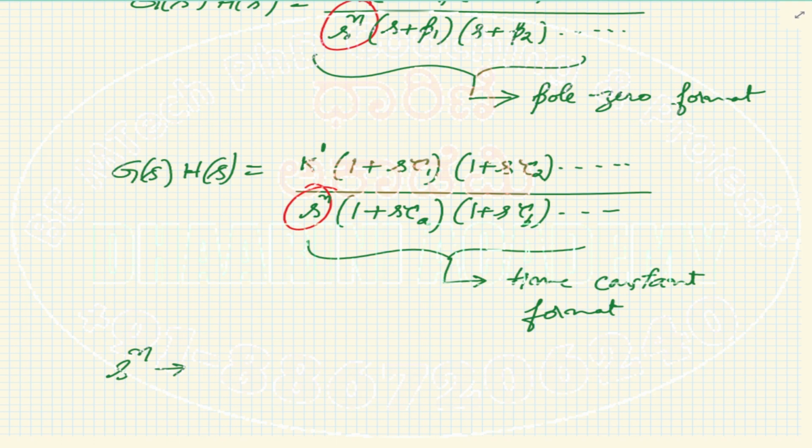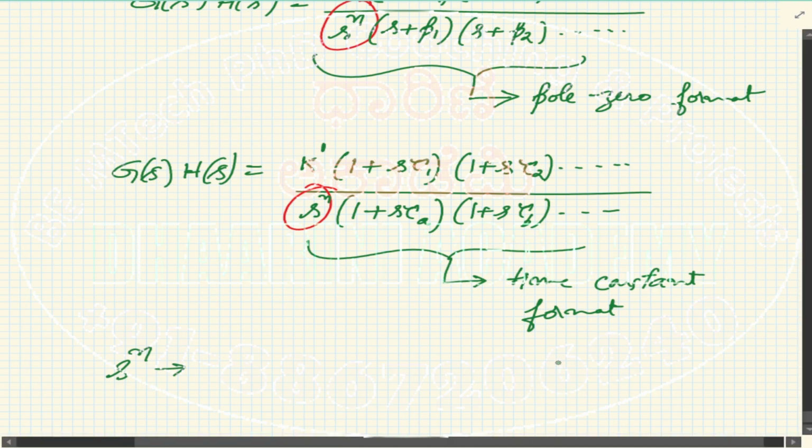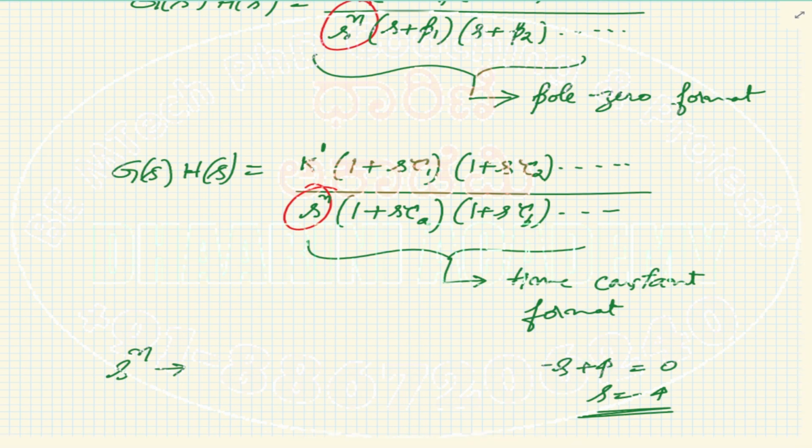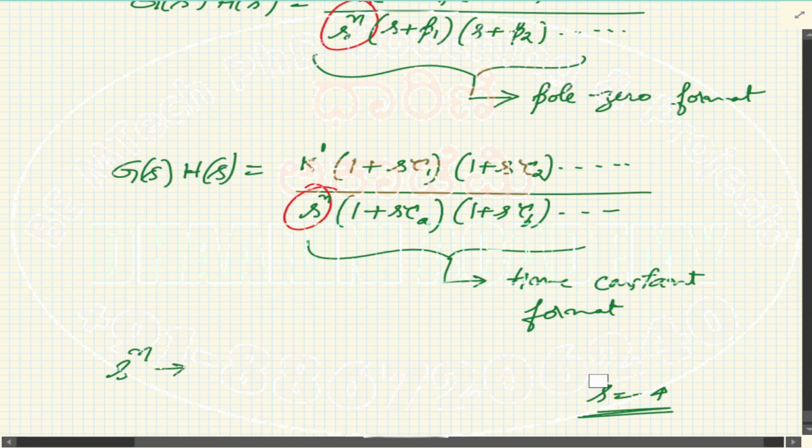Number of poles, correct. Number of poles at where? If I have a term, say s plus 4 in the denominator, you will equate that to 0 and say that there is a pole at minus 4. Similarly, when you equate the s to the 4 to 0, what do you get? S is equal to